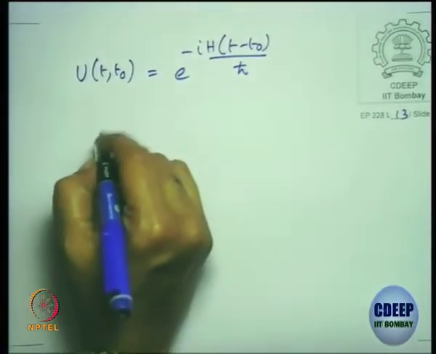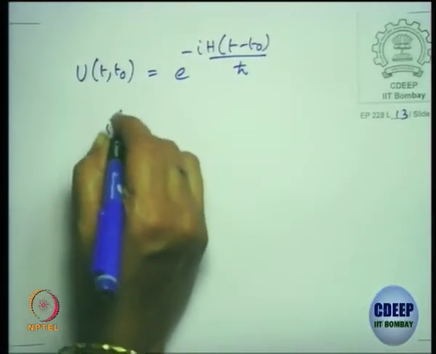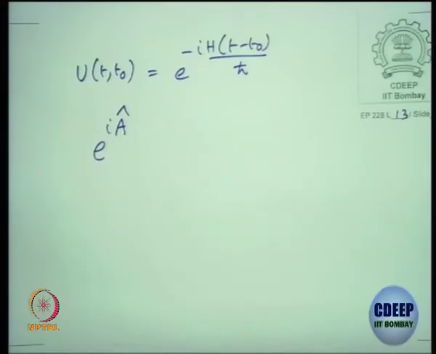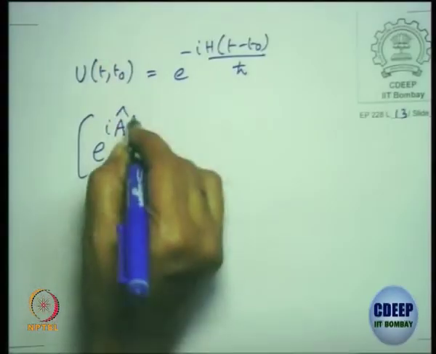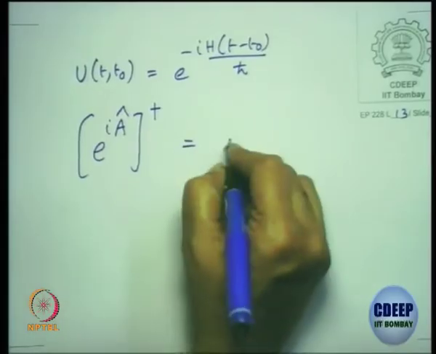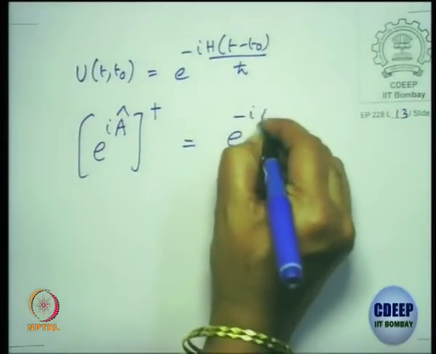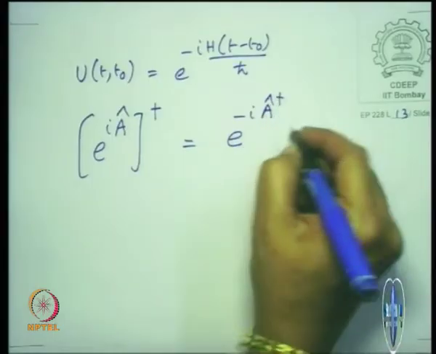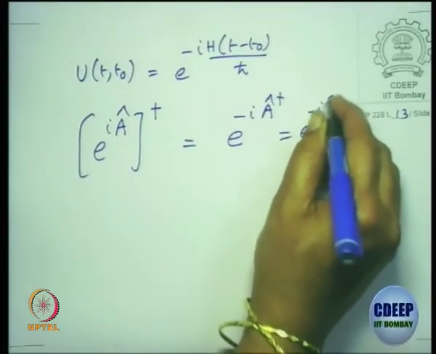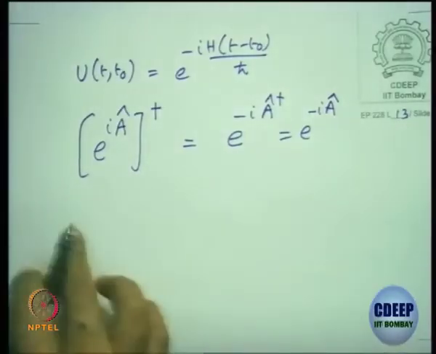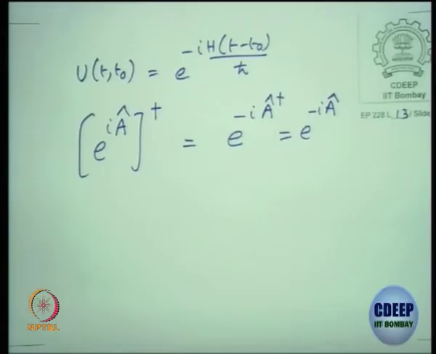It has this property that, by the way, for any e to the power of i A hat, where A hat corresponds to an observable, A hat is equal to A hat dagger. If I take the dagger of this, it will give you e to the power of minus i A dagger, but A dagger is the same as A, right. So, this is not Hermitian. So, the exponential of i times a Hermitian operator is not a Hermitian operator,